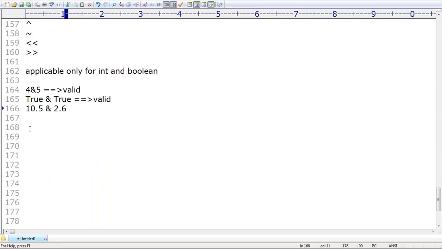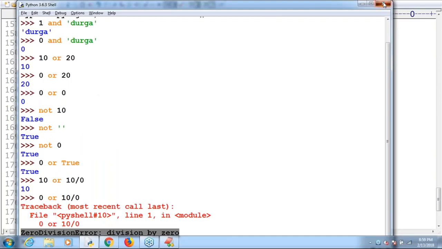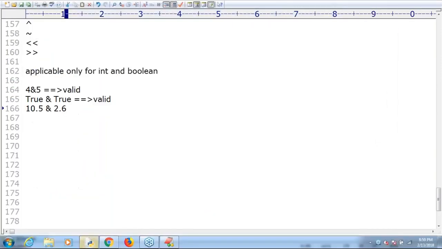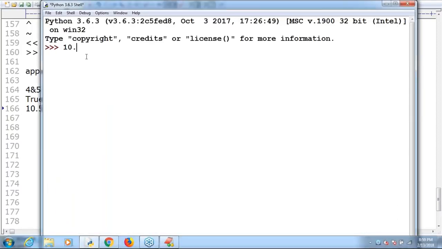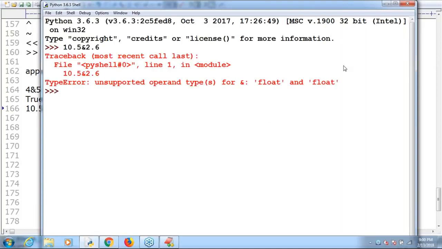Make sure. Okay, sir. Now take a bit of special care about this one, sir. Let me show this option, so that you will get some clarity. 10.5 and 2.6, sir. Is it valid or invalid? Please respond. Invalid. Can you please read that error? Unsupported type for and operator, float and float you can't apply. But the same thing you can take for true, you can take for false. Happily the corresponding output you are going to get by default, sir. Make sure you are aware.